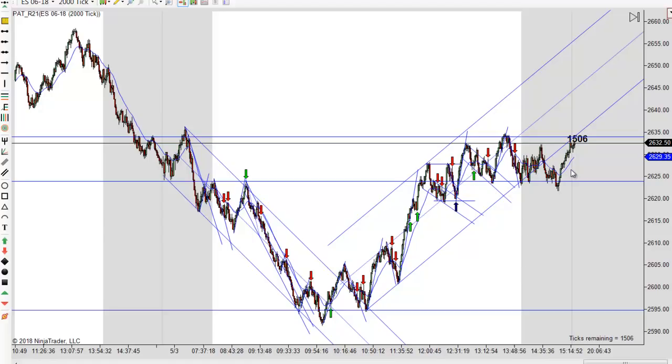But we were just kind of going sideways here. Normally I wouldn't have many sales going up here, but we had some resistance here, and you got a shorter term trend line, and you really didn't have this bigger channel here confirmed on the trend line till after 2 o'clock. So once we got up here, you can see it swinging back and forth above and below the EMA. So you'll notice some sales, and there's really more sales than there are buys up here, even though the big moves were all buys. So it was kind of a different afternoon, really.